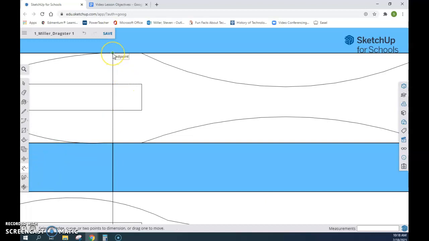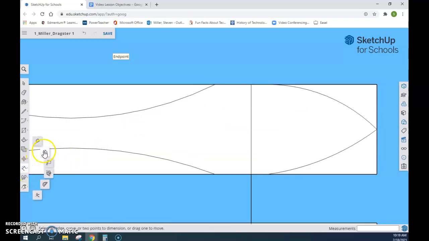I'm going to go up here to this line going across through where my axle point should be. I'm going to click on that, and then I'm going to go over here and click again. And then once I do that, I come over here with my mouse and I click a third time. So we'll do that again in the front view, and you can see this is 1.500 or 1.5 inches. Click my Pan tool again, come on over here,